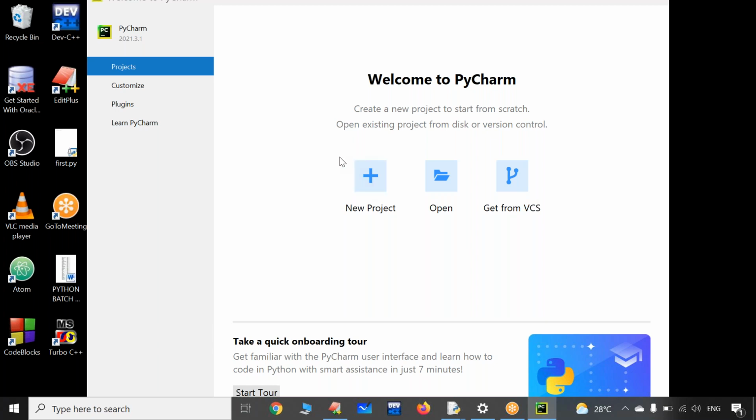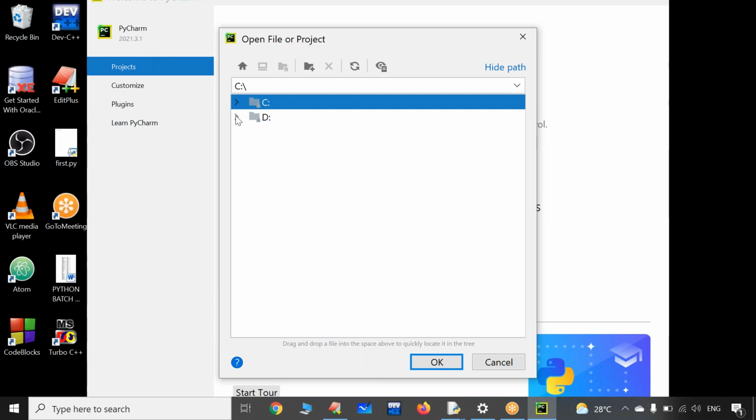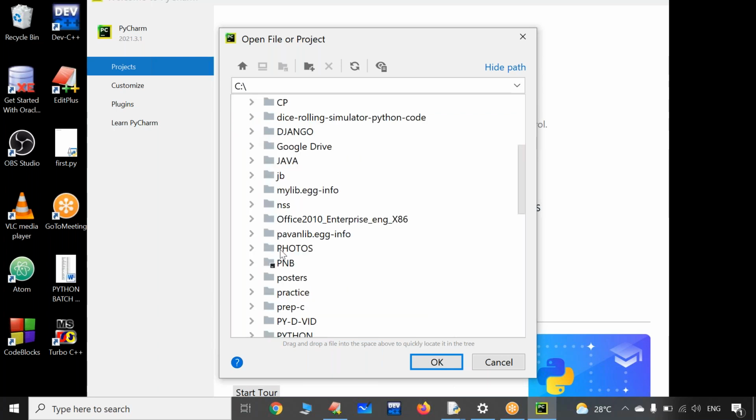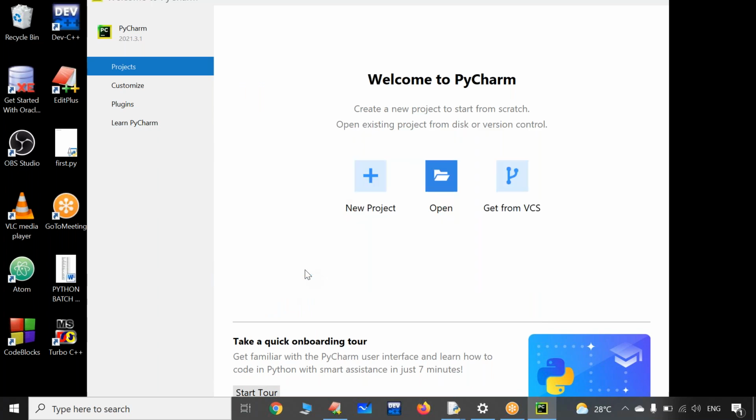Already in my computer, I have several folders where I saved my Python programs. I'm not going to select this one. Let me select open. It is not in the C drive. My directories are in the D drive. The name of the directory is Python new batch, PNB. Click on OK. Click on trust project.